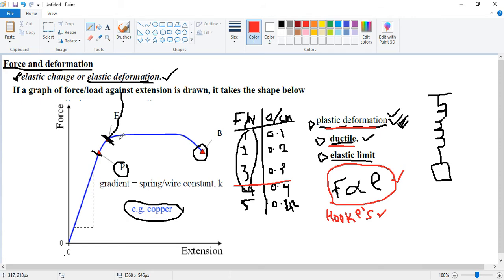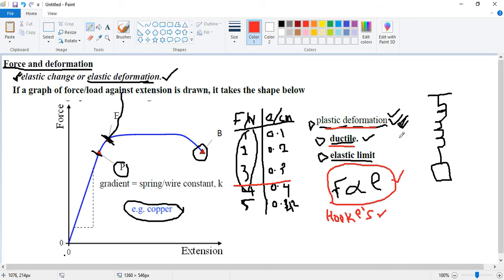This is only possible in most cases if the elastic limit is not exceeded. So we can state Hooke's law: for small extensions the force is directly proportional to the extension. Or we can say that for small loads, the force is directly proportional to the extension. For very large loads, we have seen that the force may not be directly proportional to